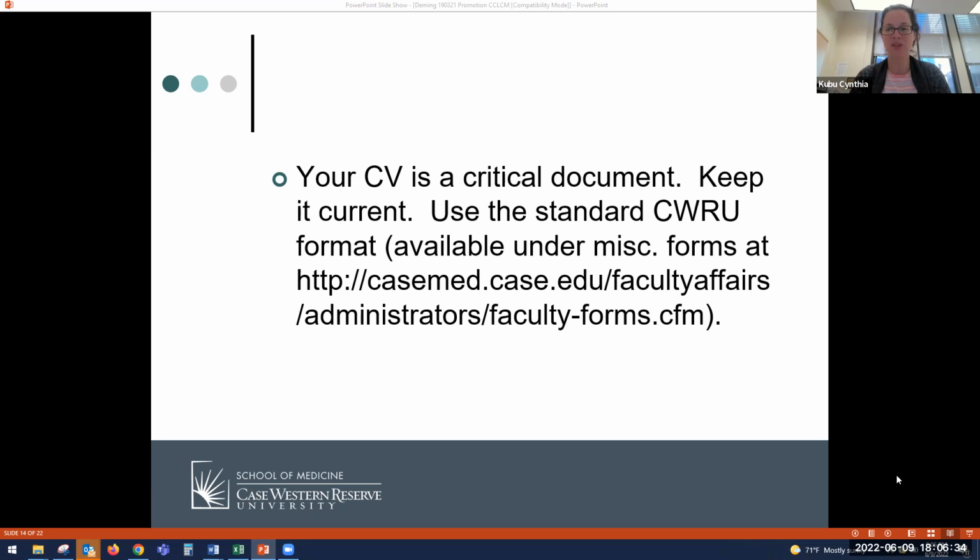One thing to keep in mind with the CV is that we have a really diverse faculty population, which is fantastic. But as a result, you may not have something for each category. So use it as a guide. If it says, please list the journals that you review for, and you don't, maybe that's a good thing to talk to a mentor about and say, I don't do that. So how do I get asked to do that? And who can sponsor me and make a recommendation that Nicole's interested in doing this?